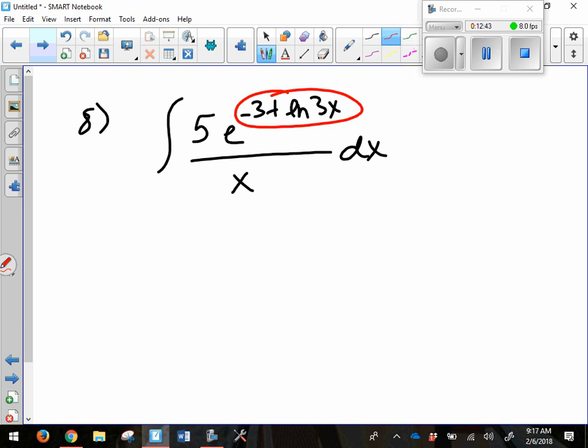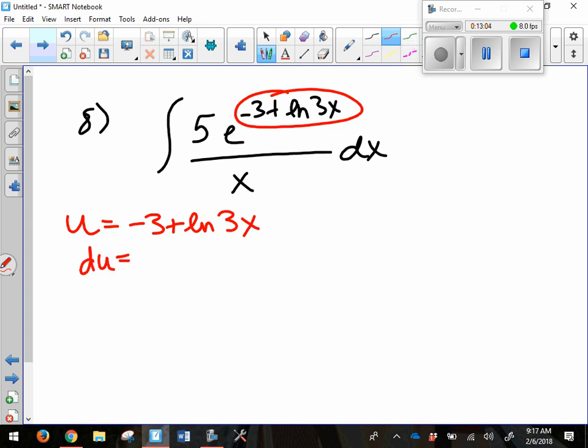I got that. Or, oh, that's cosine. So if there's something complicated in there, that's probably what you want your u to be. So if we let u be negative 3 plus the natural log of 3x,